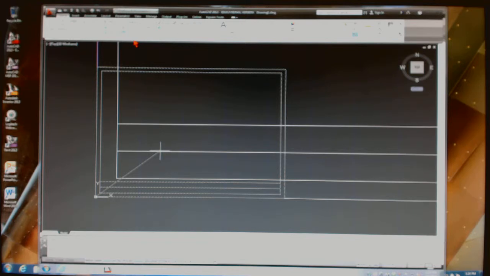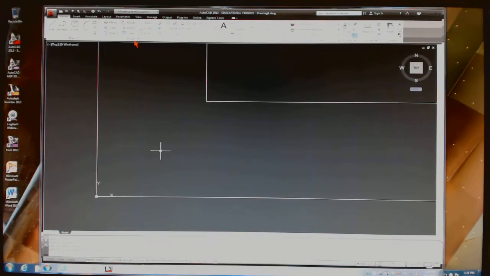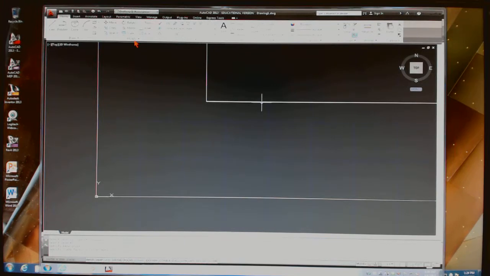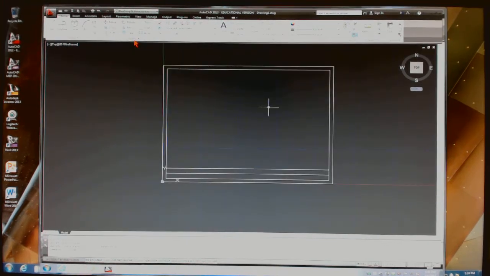So when you scale your title block up, you scale it by the scale factor. So type in 25.4 and enter. And if you want to see the full title block, you can either hit Z spacebar or E spacebar, or just double click your wheel on your mouse very quickly. So now your title block is ready to draw a metric drawing inside of it. Okay? But what if